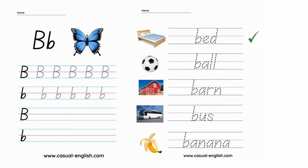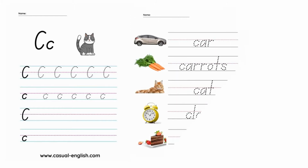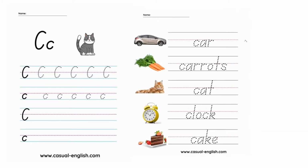Okay, bed, ball, barn, bus, banana, C, car, carrots, cat, clock, cake,